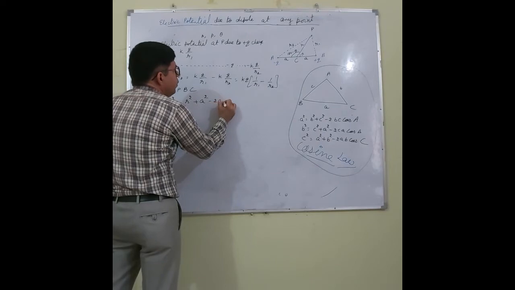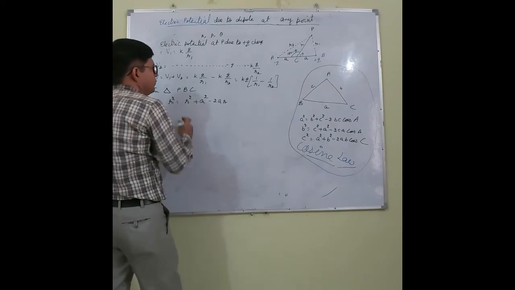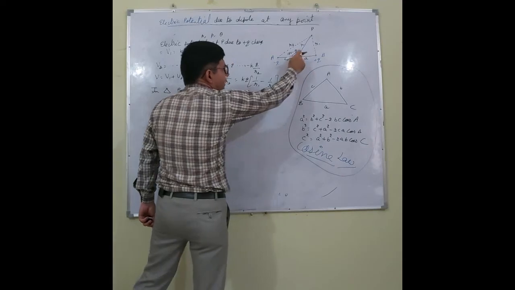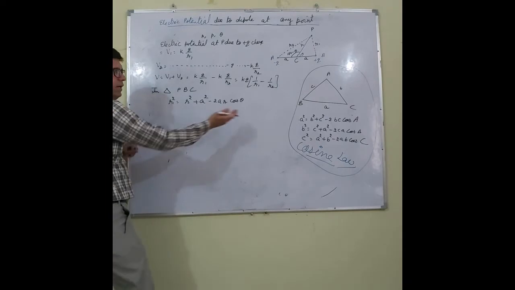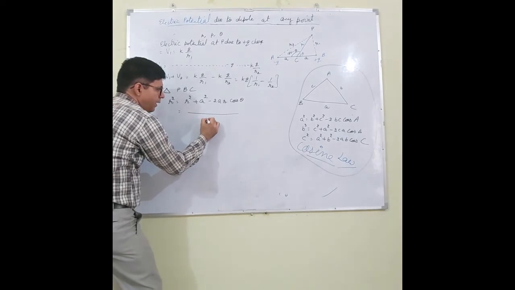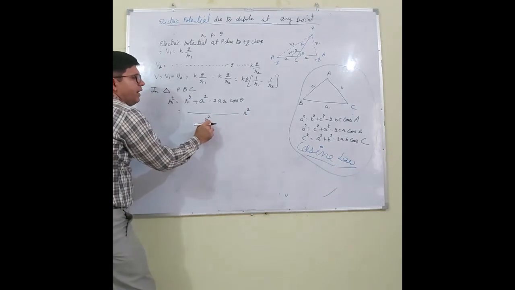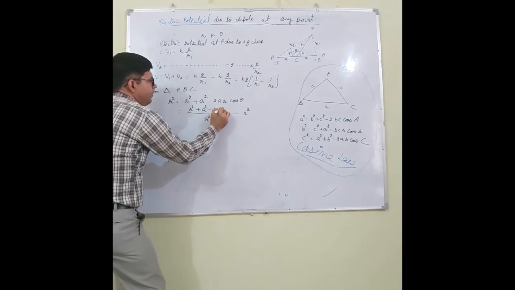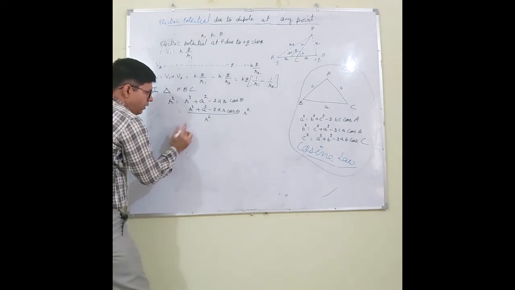minus 2AR. And what is the angle opposite to this R1? Theta. So here cos theta. Right? I have used this. What do you do? Divide and multiply this whole expression with R square and R square. Minus 2AR cos theta. Now, if you will solve this, what will you get?